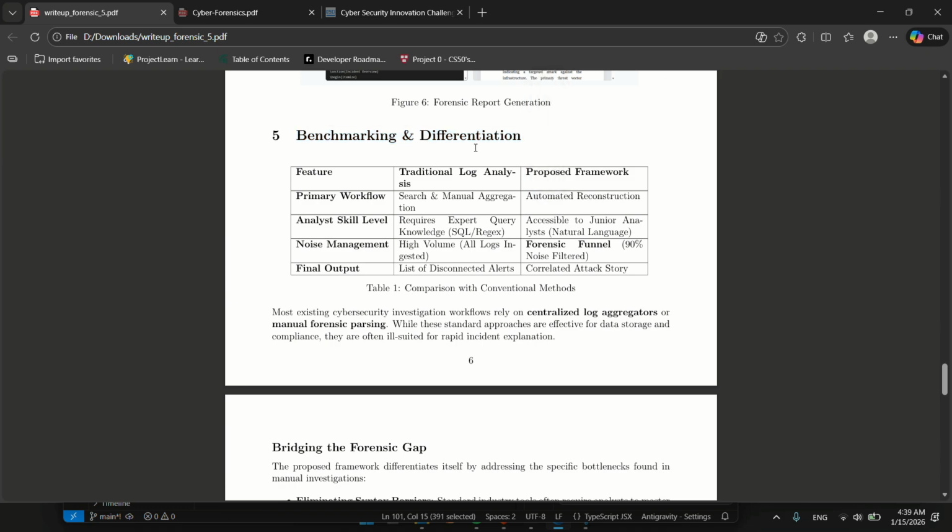Current tools work like a search engine where data is manually searched across each of the lines, whereas in this framework, data is automatically reconstructed. The ML score helps you to filter out that high volume, which does create the bottleneck.